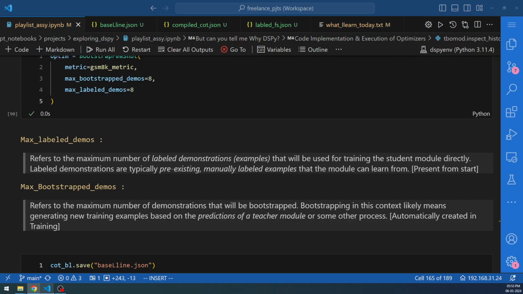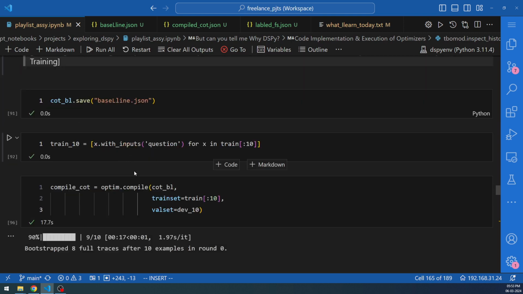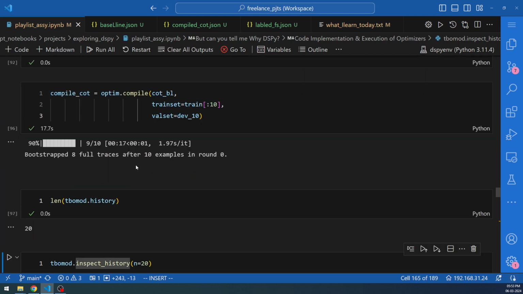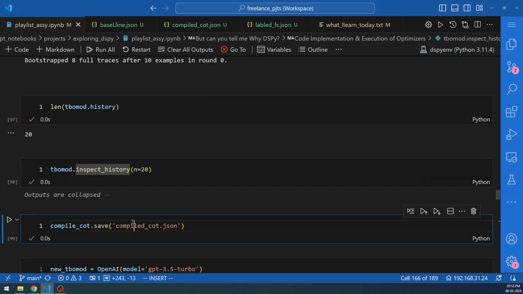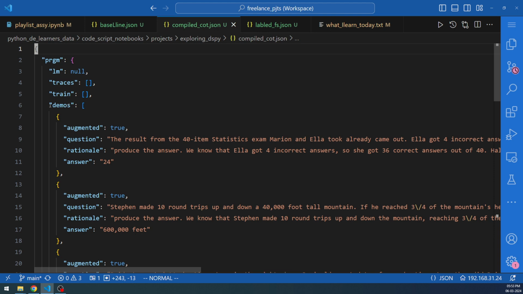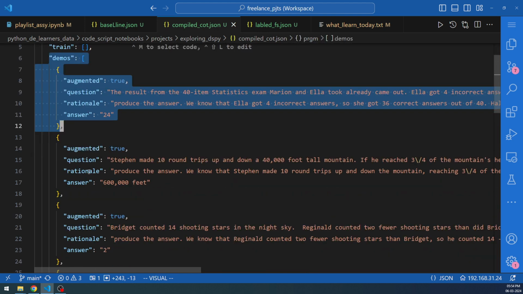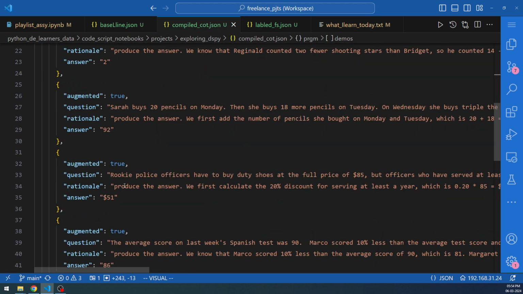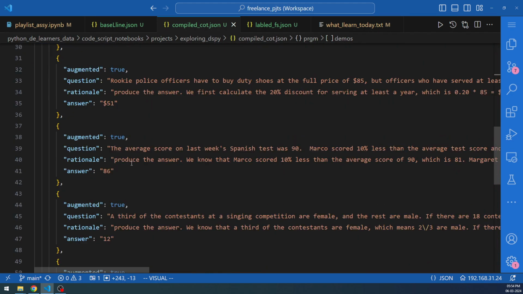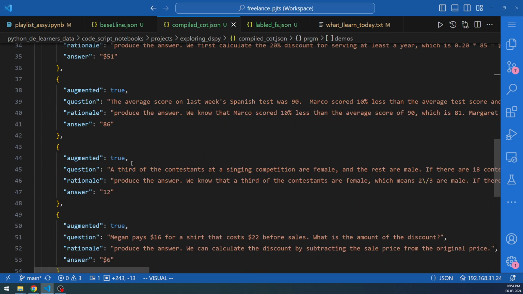Let's go back to the code that we are discussing. Now we have seen how the Bootstrap Fewshots work. After looking at that, you have to compile this. So if you look at the compiled cot.json, which is present here, I have already saved it. You will see that the demos have been updated here. So whenever you are going to use this particular program, that is a compiled program, the compiled program will come along with these demos. So what this means is, if you are going to use this compiled program, and if you are going to give it a new question, and if you are going to ask for an answer,